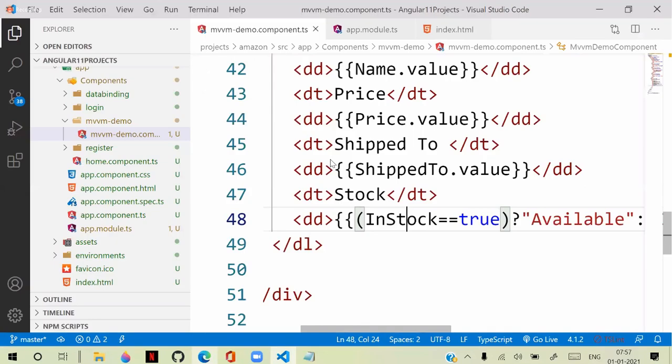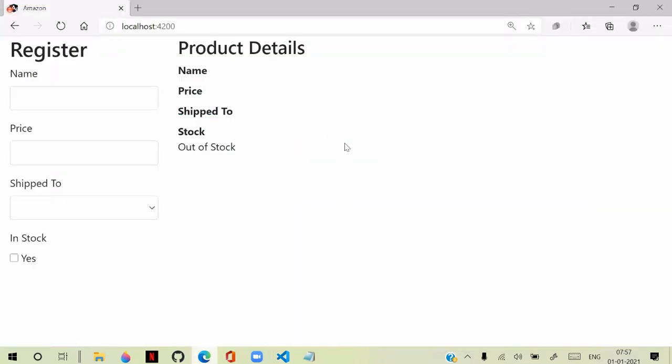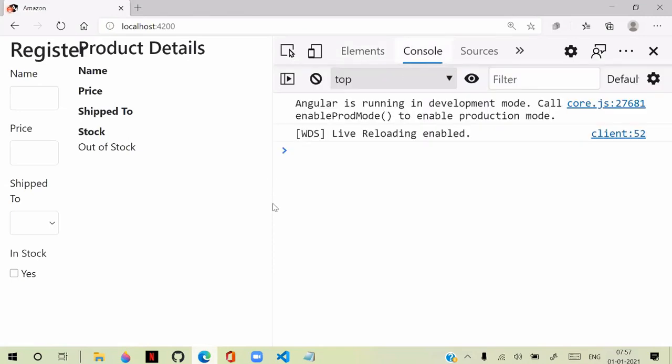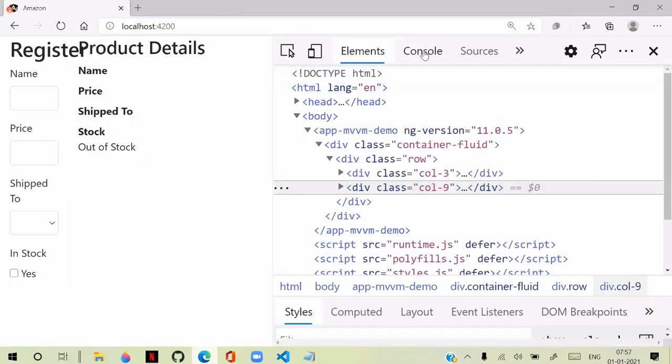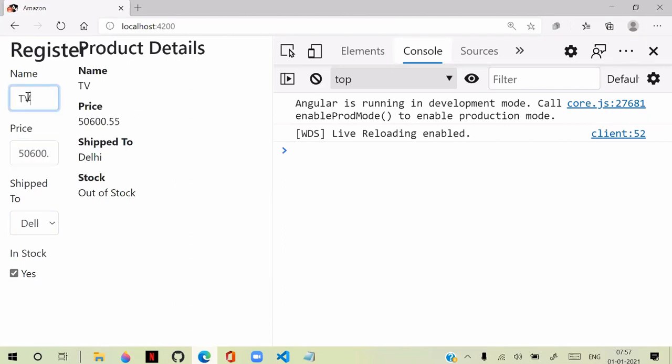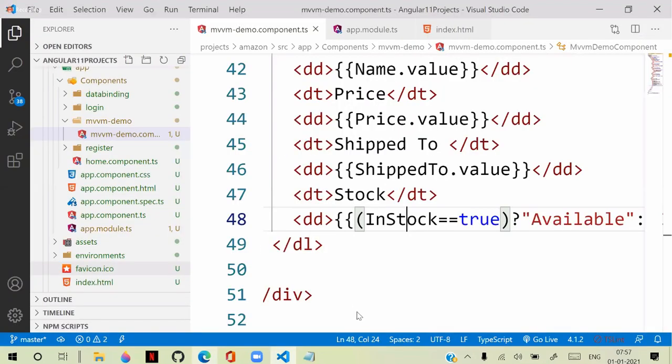The checkbox value is not collected. Let's check for any problem. Other details are working fine, right? This value is not collected.